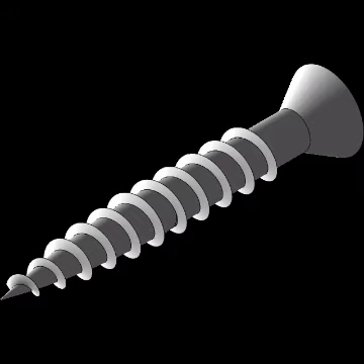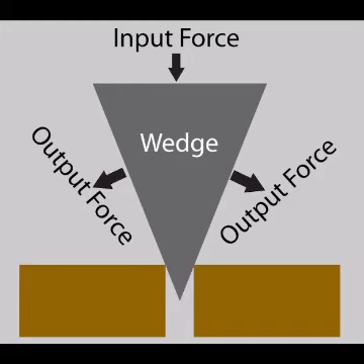Next one is the wedge. A wedge is a simple machine that is used to break apart substances by applying force. A nail is a common example of a wedge. In a nail, the force is applied to the wide head area. This applied force is concentrated in a single point area where the force is exerted. At this point, the force is magnified and enables the nail to pierce through the object.